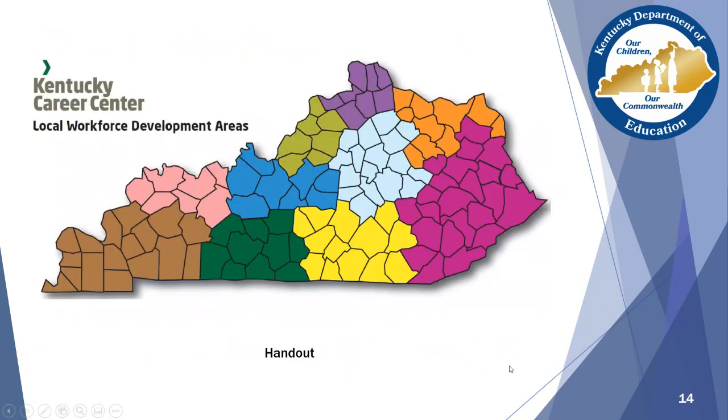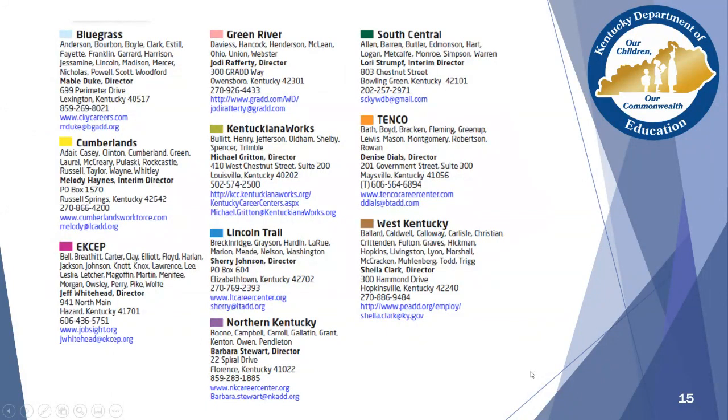Here you can see how those WIBs are broken out across the state. They're color coded. You'll have access to this once again once I send out this slide deck at the conclusion of the presentation. And then this slide tells you if you're in the Bluegrass region, here's your main contact. So